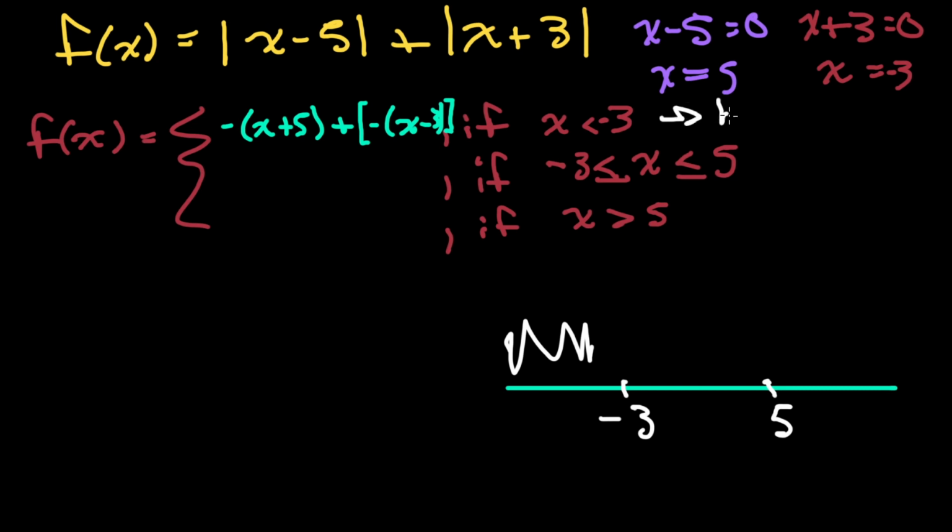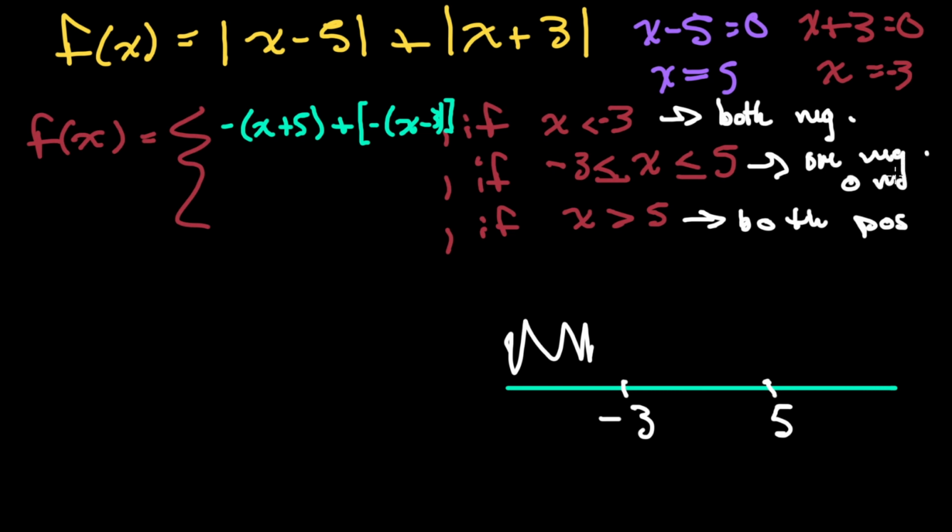So here I'll write both negative. And then here, just because I'm thinking about it right now, one of them, negative, well, actually, sorry, no. Here, both are going to be positive. And here, one negative, one positive, right? Okay, and then I'm going to go back to writing my equations here. So then for this one, one negative, one positive, the one that is negative is going to be